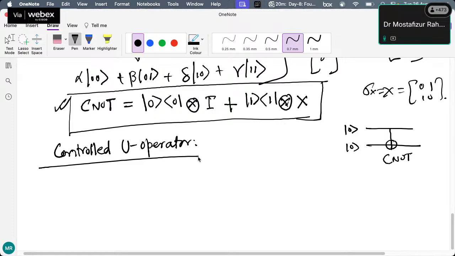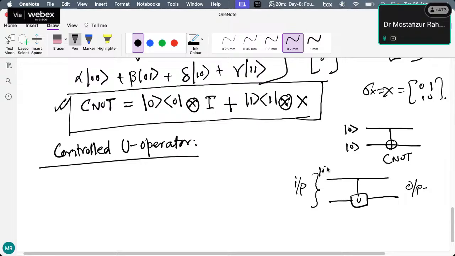Okay, so there is a controlled U gate, and it looks like this. Here you can have an input state and here you can have an output state, right? This side is the output state and this side is the input state. Maybe you can start with 0, 0 or any other quantum state. There is a dot here because this qubit is working as a control; whether this is 0 or 1, based on that it will perform the operation here, right?